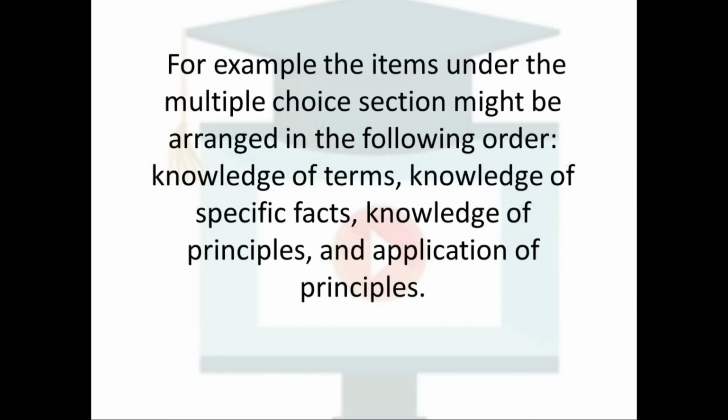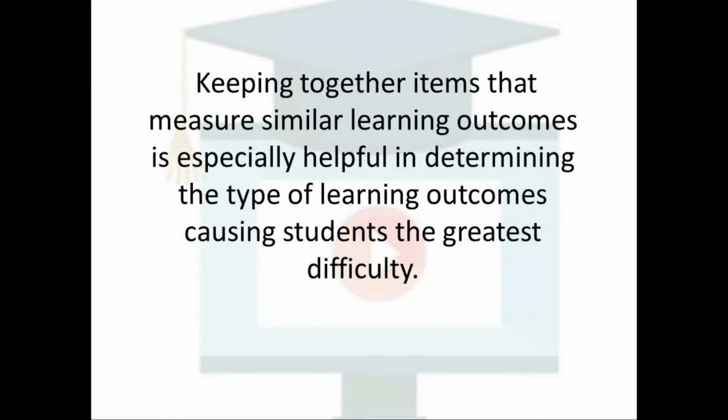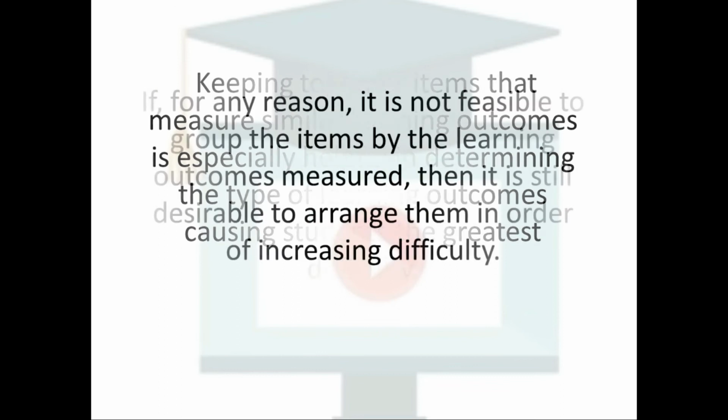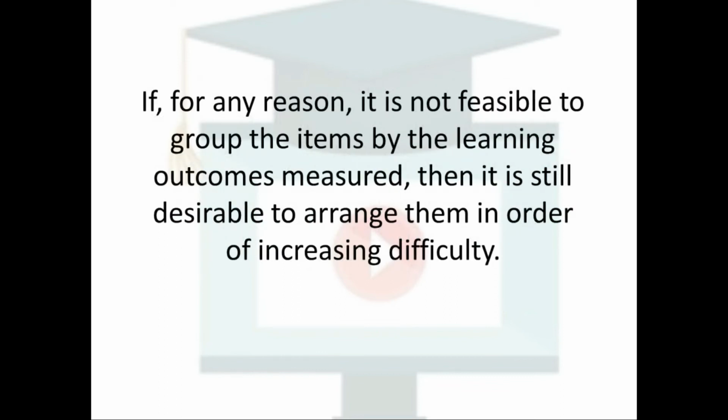For example, the items under the multiple choice section might be arranged in the following order: knowledge of terms, knowledge of specific facts, knowledge of principles, and application of principles. Keeping together items that measure similar learning outcomes is especially helpful in determining the type of learning outcomes causing students the greatest difficulty. If, for any reason, it is not feasible to group the items by the learning outcomes measured,